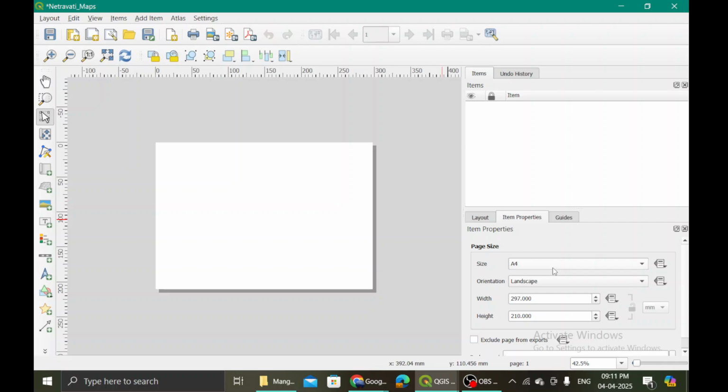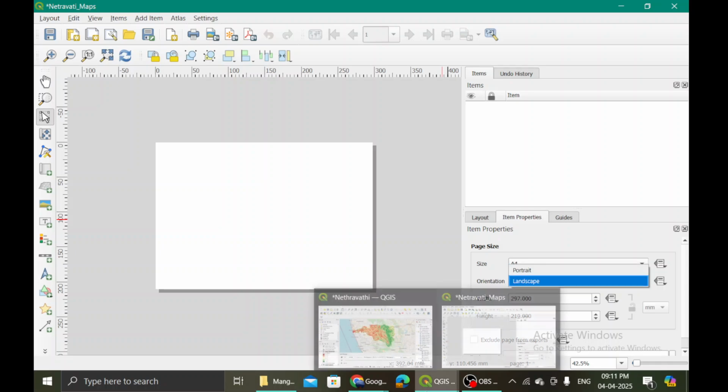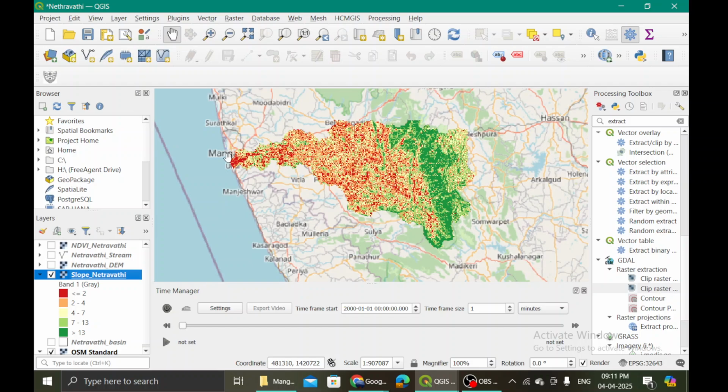This is the image, and if you want to know its specifications, it is A4 in size. You can change this size if you want it to be A3, A5, however that you want. You can make the changes over here. And then the orientation, whether you want landscape or portrait. Now often what I do is, I see that my region is elongated or it's trending east west, then I choose a landscape.